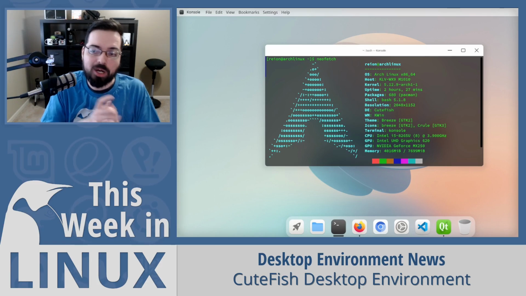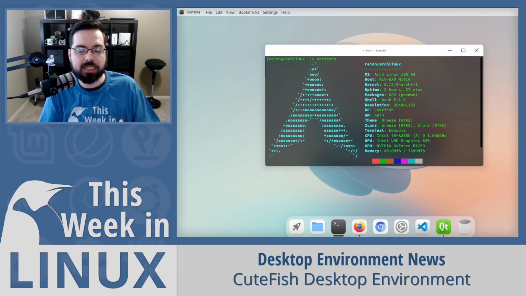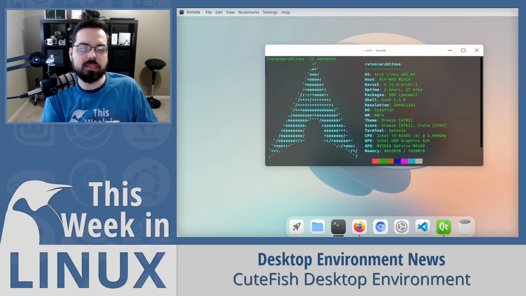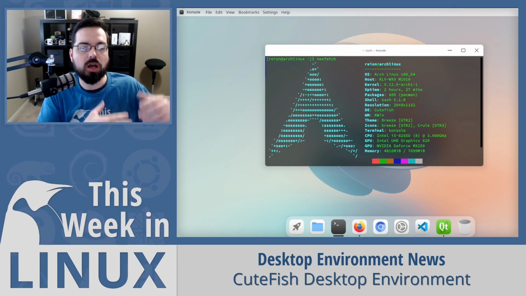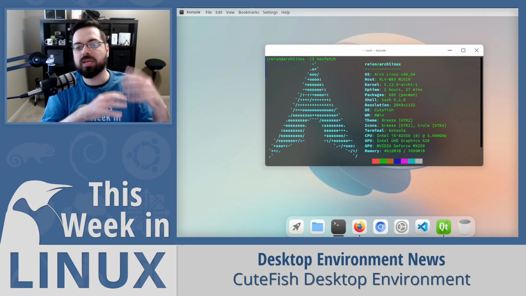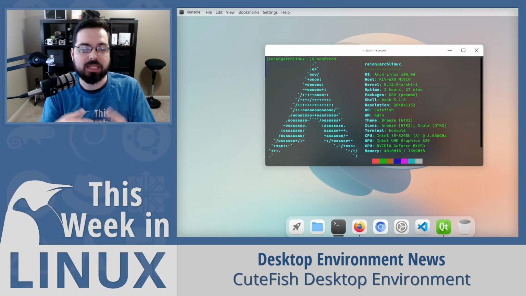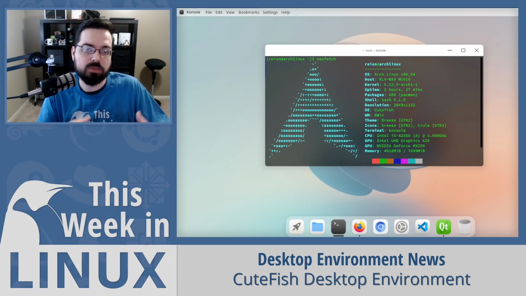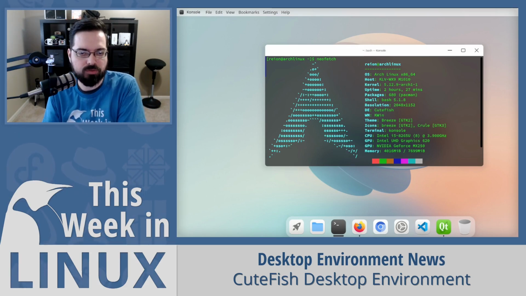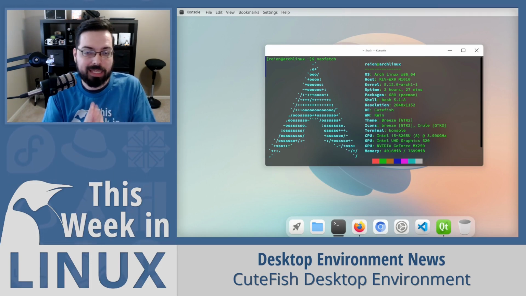Now, I hope it's not a fork of KDE. I couldn't find information specifically about that yet, because I really want it to be a layer on top of KDE, because that means it can introduce all of this cool stuff that KDE Plasma continues to build out. But we don't know yet. Either way, even if it is a fork, the fact that it's open source still makes it a valuable essence for the project, because they could still take stuff from the CuteFishDE, and if they want to bring it into Plasma, they could. So I do like that part.